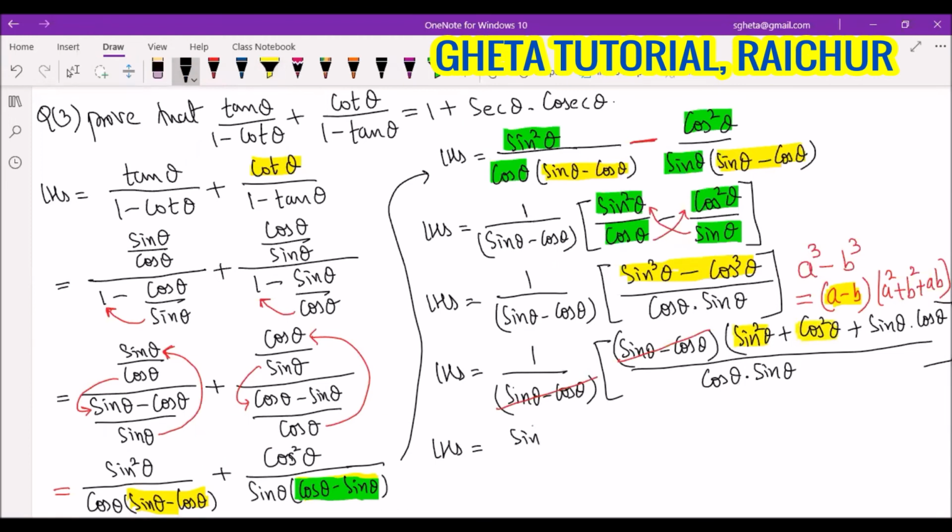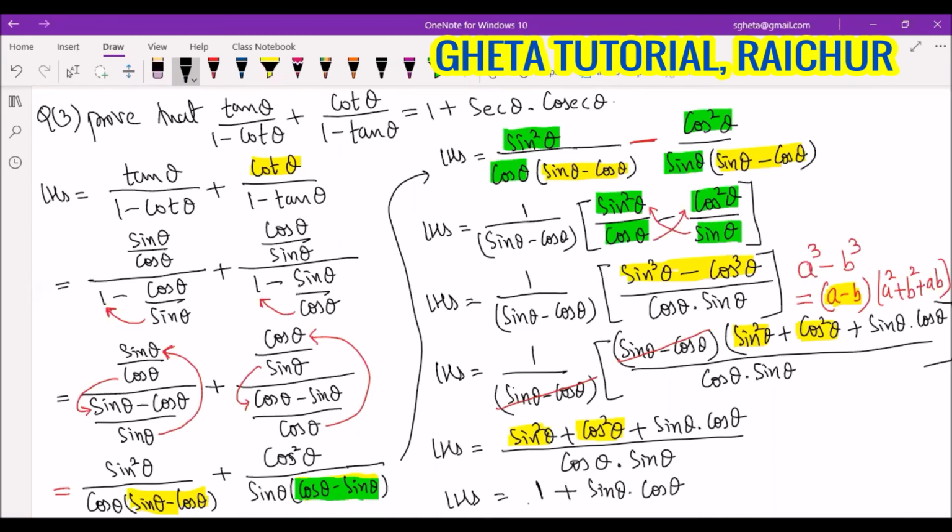Sine square theta plus cos square theta plus sine theta into cos theta, whole divided by cos theta into sine theta. You know the identity that sine square theta plus cos square theta is nothing but 1. So I'll write here 1 plus sine theta into cos theta, whole divided by